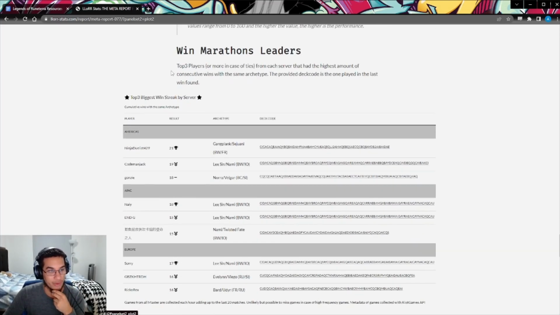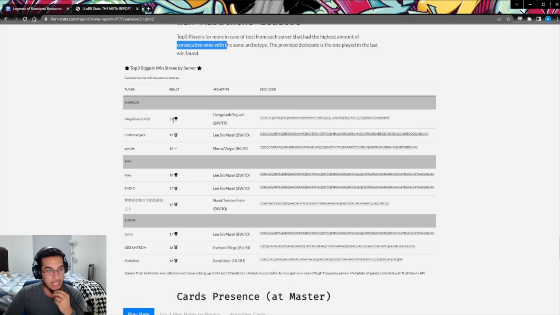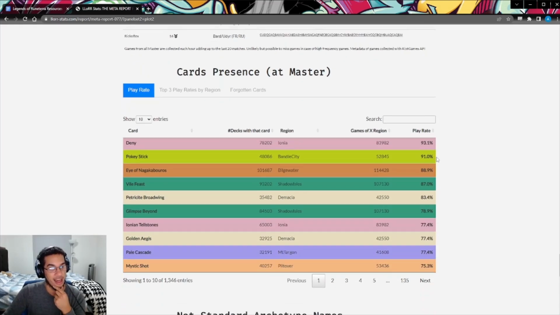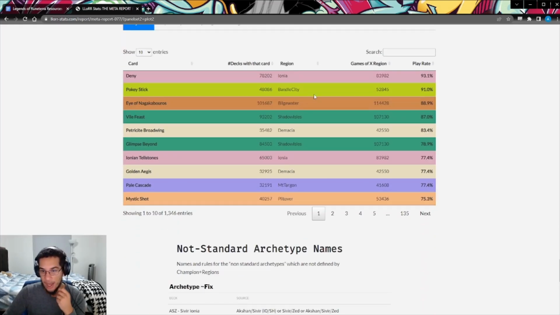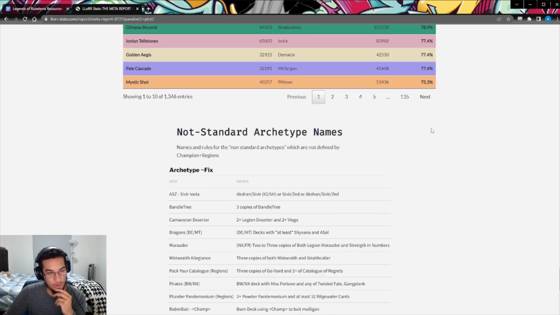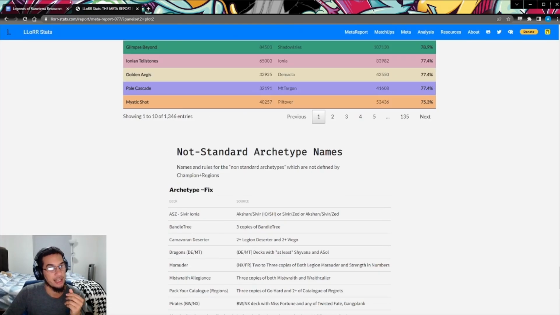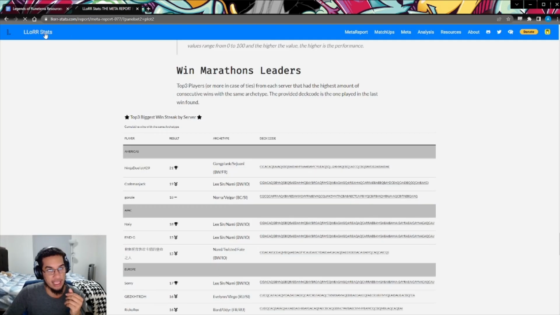Win marathon. So this is kind of like the top 3 players that had the highest win rates, right? You can see here, Coleman Jack went on a 19-game win streak with Nami Lee Sin. Card presence, right? How much these cards are seen in Master. Ionia has been played 93% of the time whenever you run into Ionia, and so on. Additionally, if you go back here,